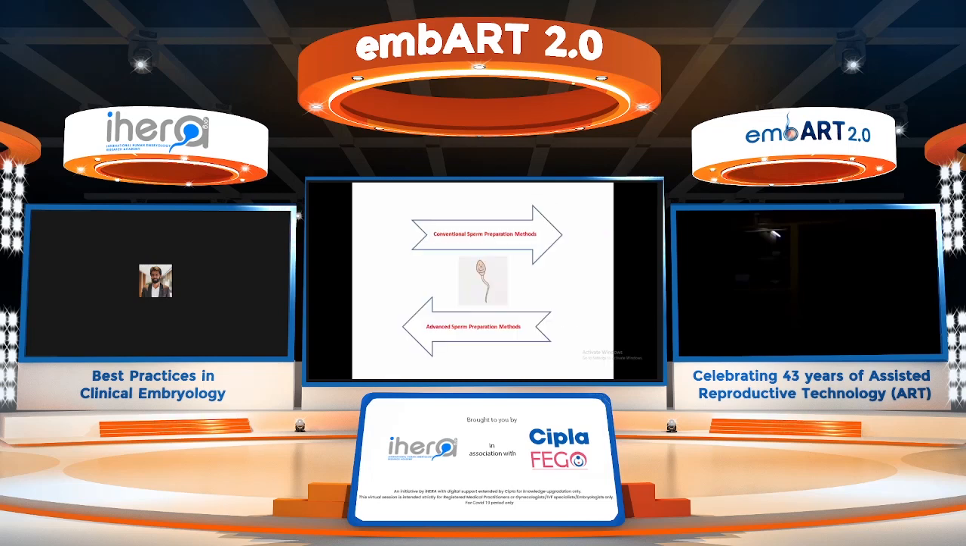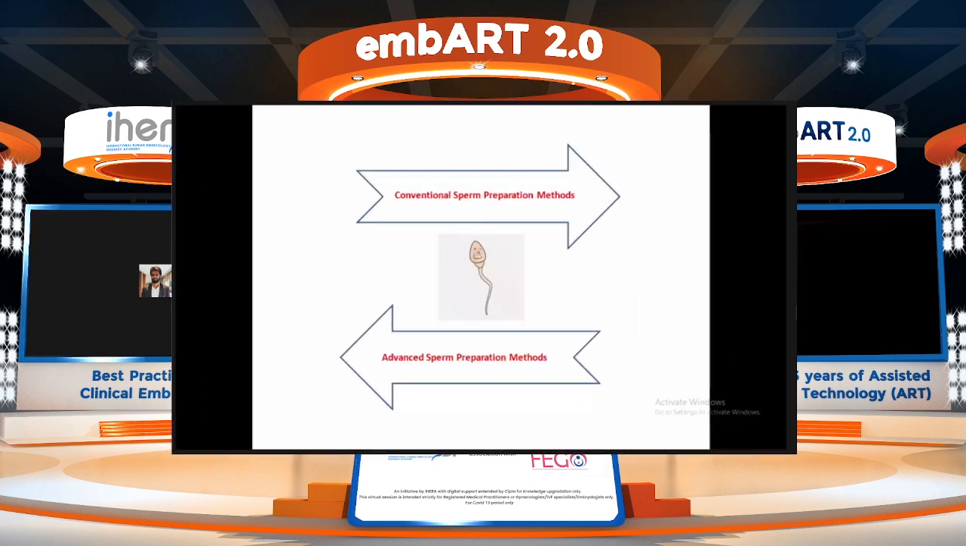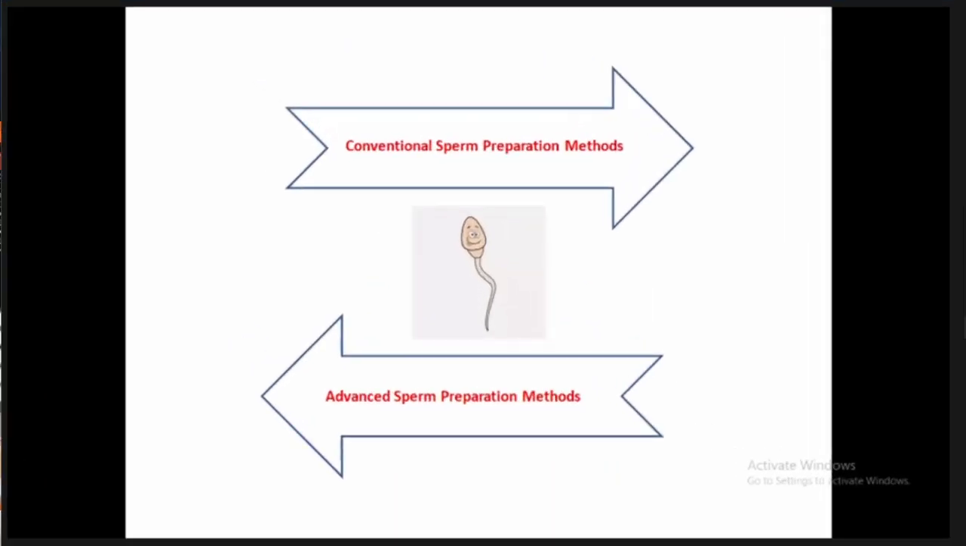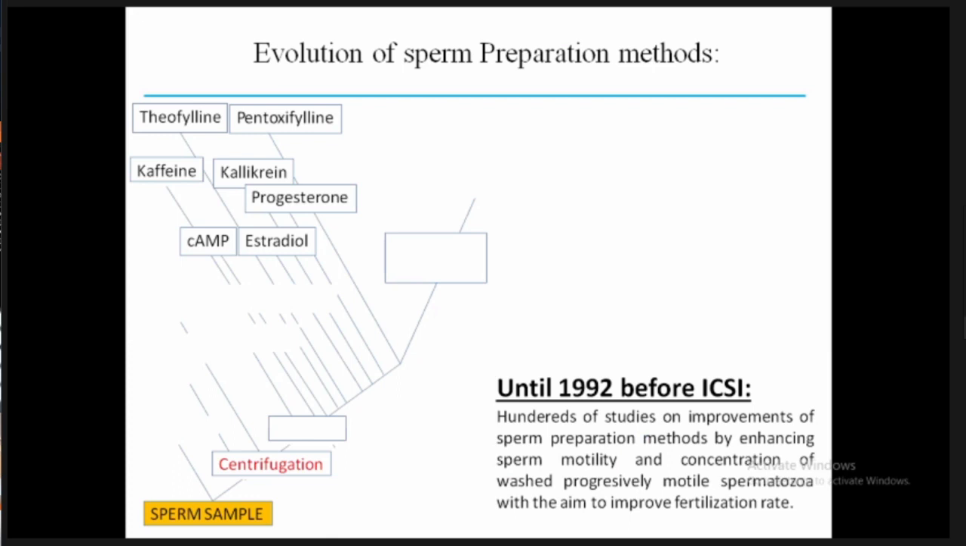So to begin with, the sperm sometimes will be confused as to which the embryologist is going to subject it to, either conventional or advanced sperm preparation method, before they meet their partner. Coming to the evolution of sperm preparation methods, until 1992, before ICSI, many hundreds of studies have been done on enhancing sperm motility, concentration, and also the total progressive motile spermatozoa,